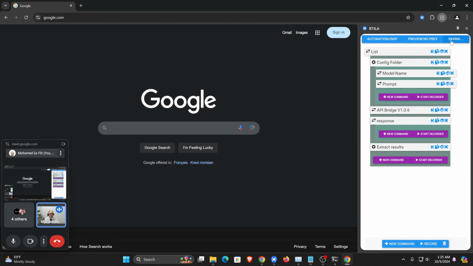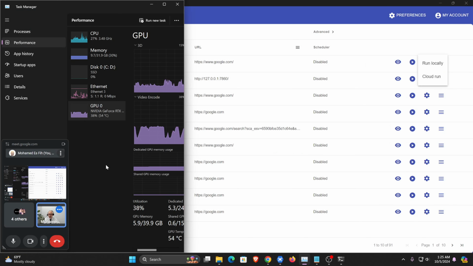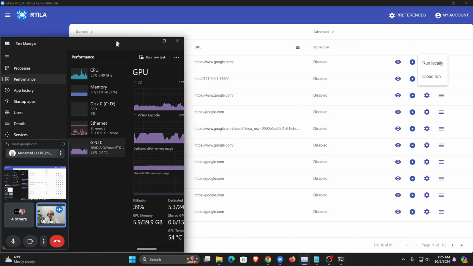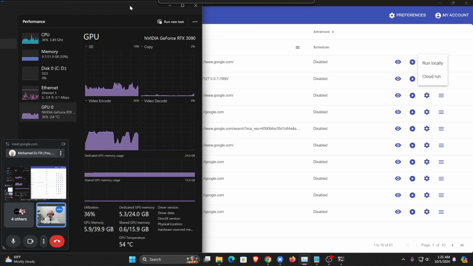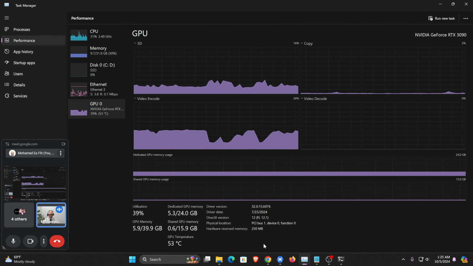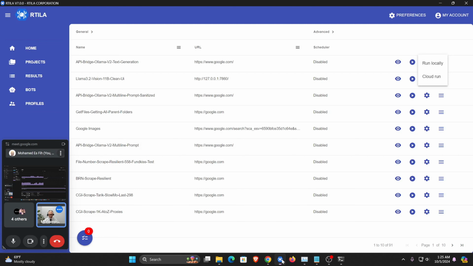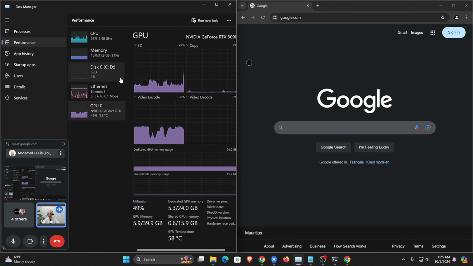I also want to show you, if I remove the alert message, I don't want the alert, I just want to do the automation fast. I save, and now if I launch it again, I'm going to show you two things. I'm going to show you the GPU being used and the queries. Let's run it. I'm going to put the window here, the GPU here. You see my